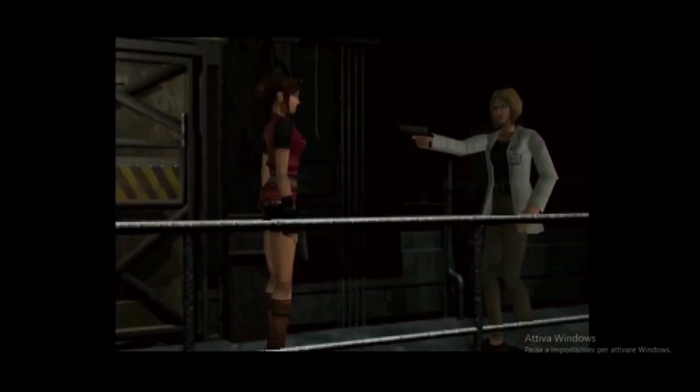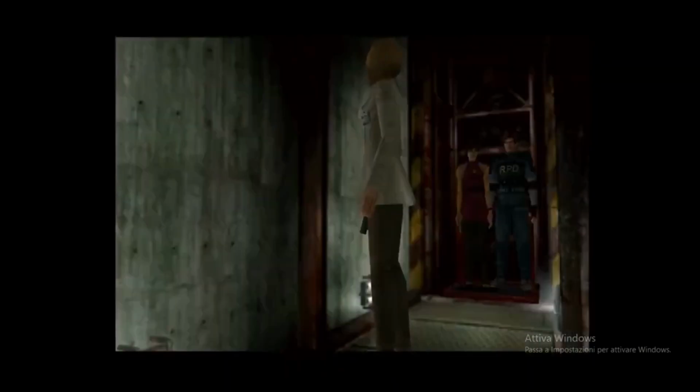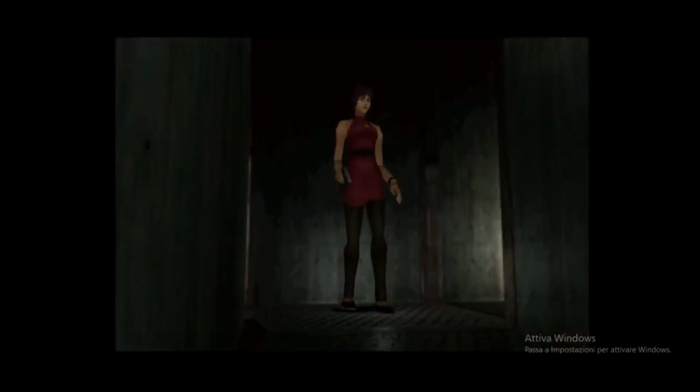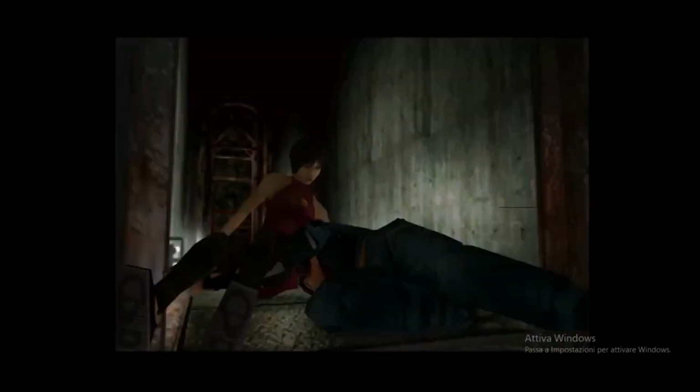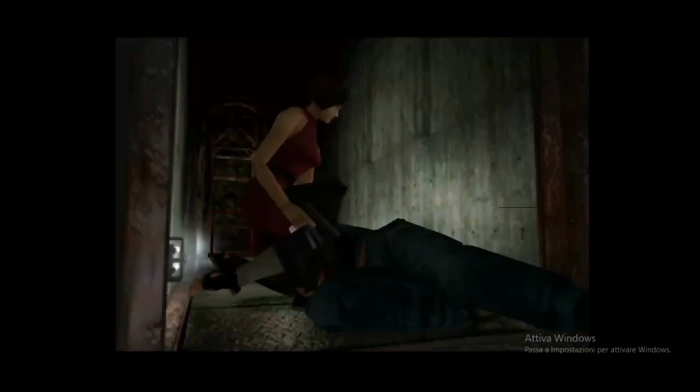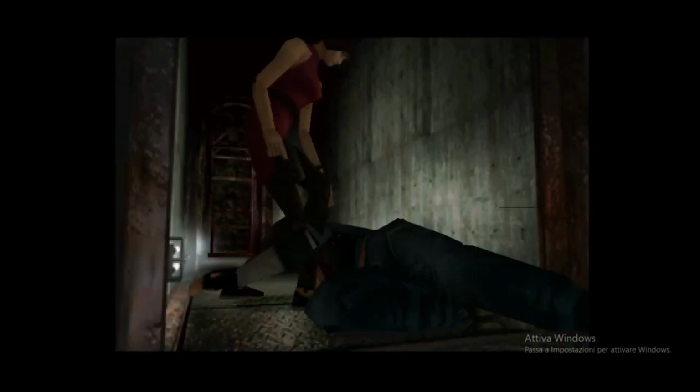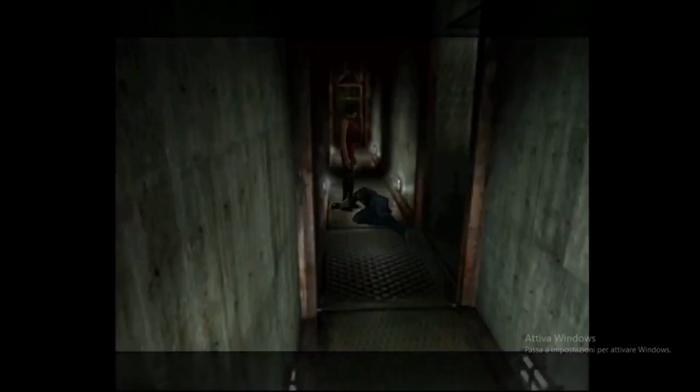But yeah, I guess having the possibility to influence the story even a little is better than not having it at all. So yeah. Let me know your thoughts about this whole thing, because I've not seen many people talking about it in general, especially in relation to Resident Evil.